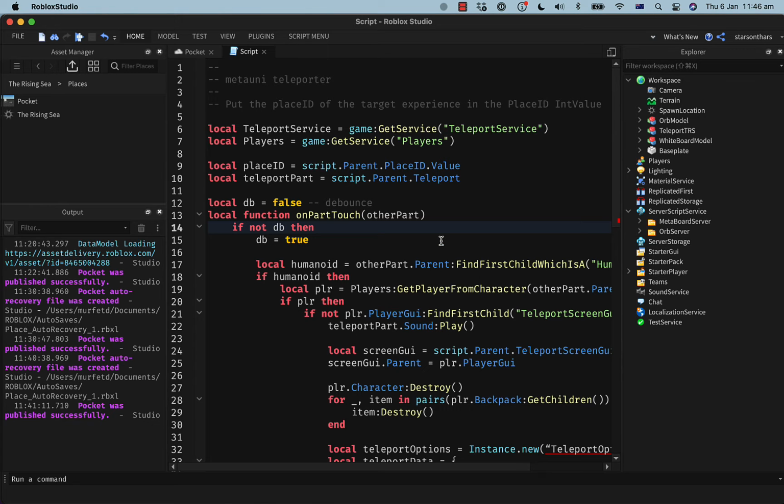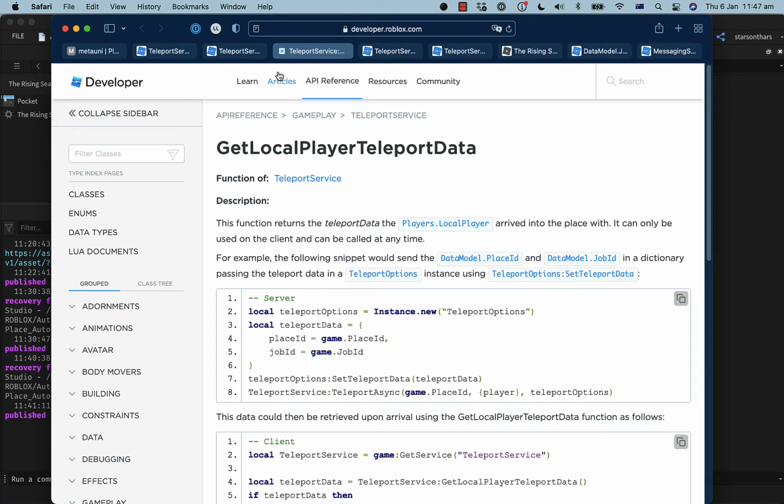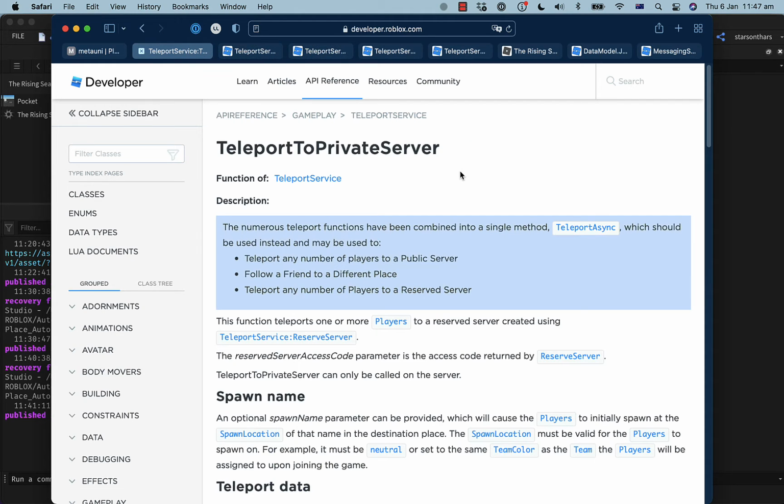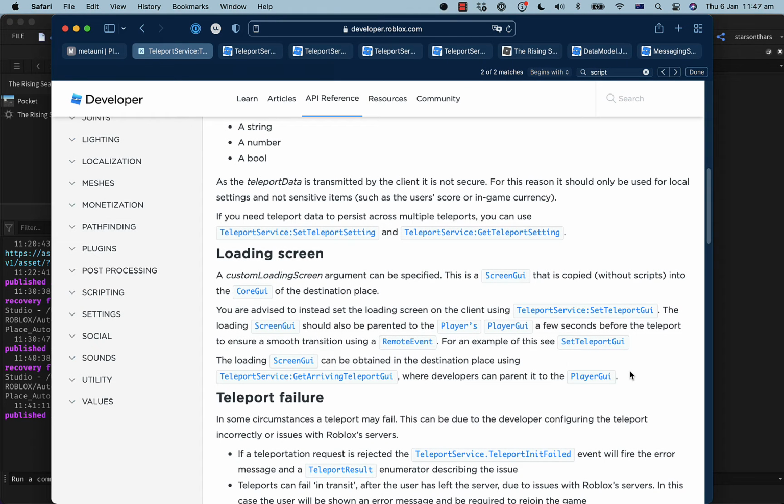Seems weird. Wait, what? Oh, well, the part that gets the teleport data needs to be in a local script, but I think teleport service should be called from a script, right? Otherwise, clients could just... Wait, the part that gets the teleport data, what's that?